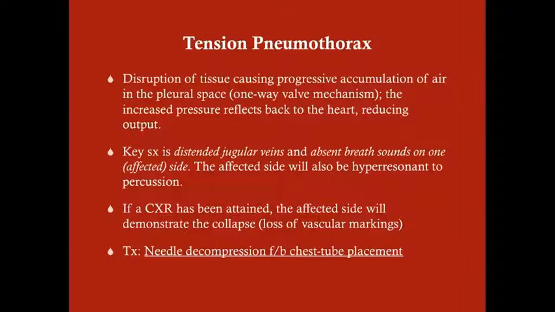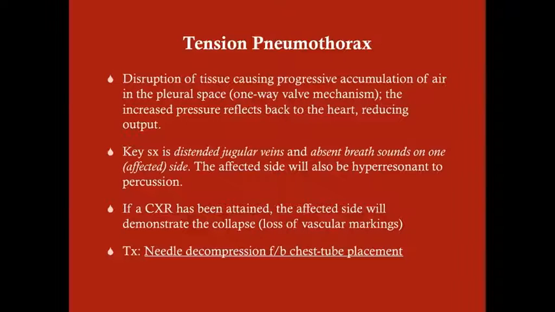With tension pneumothorax, you'll have distended jugular veins, but you'll have all these pulmonary symptoms as well, such as dyspnea, and then absent breath sounds on one side. That's going to be the affected side. And if you do percussion, because you have all that air in the thorax on one side, it'll be hyperresonant